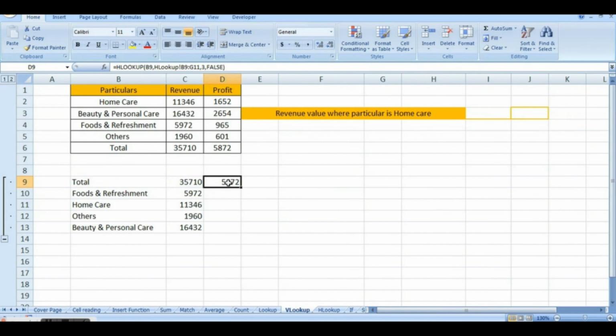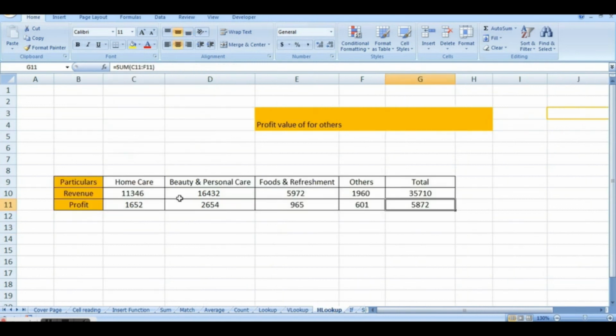In a similar manner to what we did for VLOOKUP, if we want to drag it, we'll have to freeze the table values, the table array that we have selected, by using the $ signs or the shortcut F4. Now I can drag it. For example, for beauty and personal care, the profit is 2654.